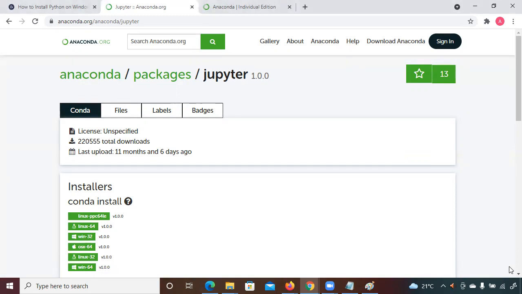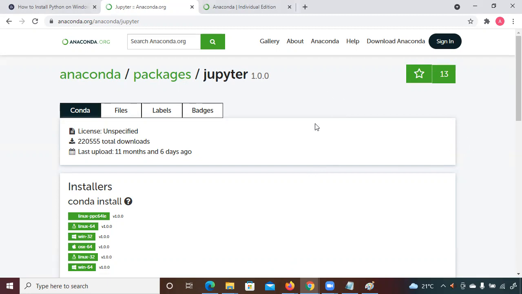Have you worked on Jupyter Anaconda before? Yes. Okay. Have you installed that as well? Yeah, I think I have it installed. Let me just check. If not, then I can show you the Jupyter Anaconda installation, and we can run some programs on that. Oh, yeah, I have it installed.